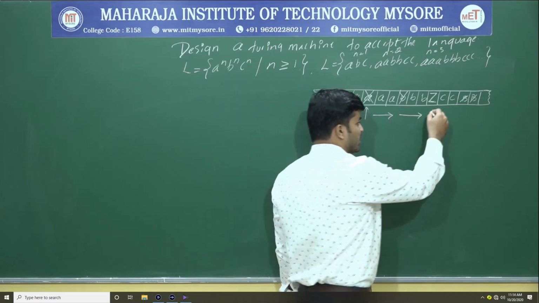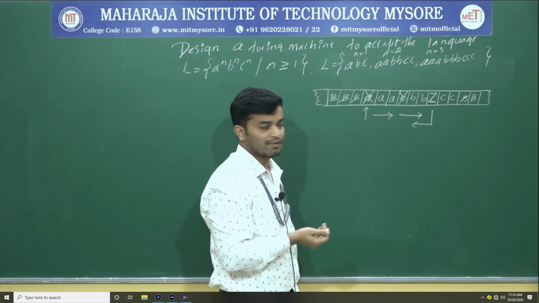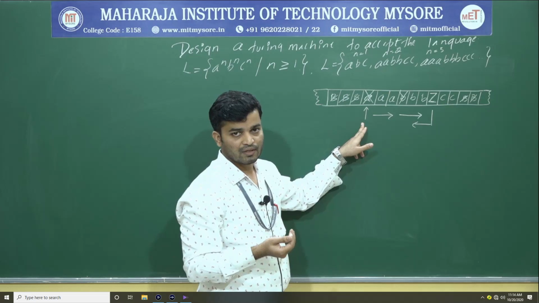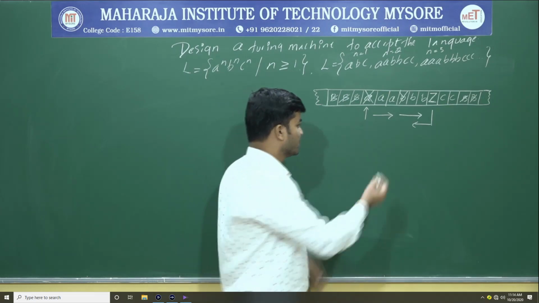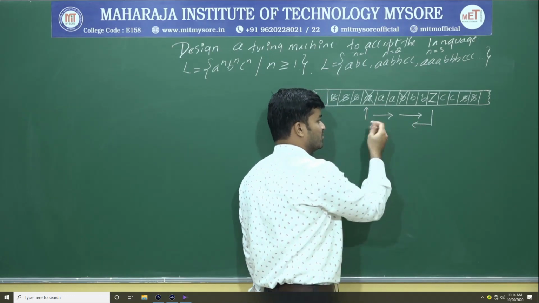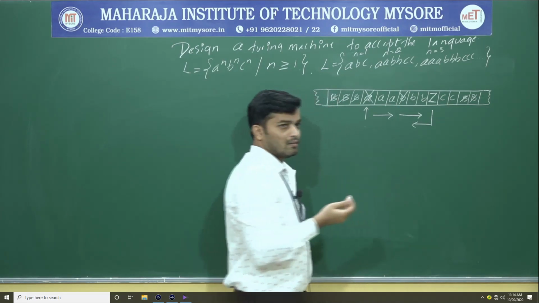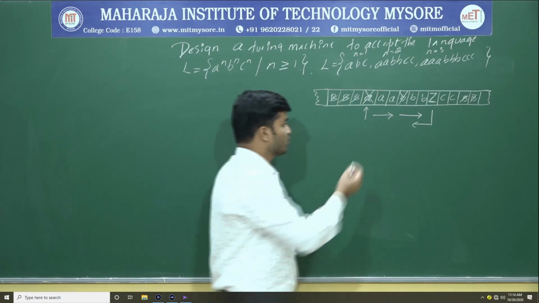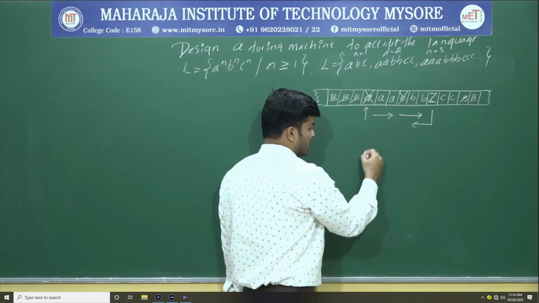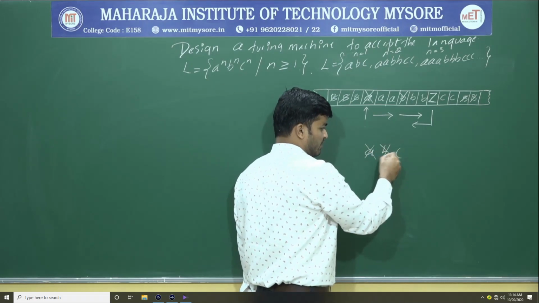After that, it will start moving to the left hand side, searching whether there is any more a in the given string. So it will go till the last symbol that was replaced. What is the last symbol that was replaced? x. So it will reach x, because that is the last symbol that was replaced. Once I get x, again it will start moving to the right hand side. If the immediate next symbol after x is a, it means there is one more a within the given string. Suppose the given string is a, b, c; I will replace this one with x, the next b with y and c with z.